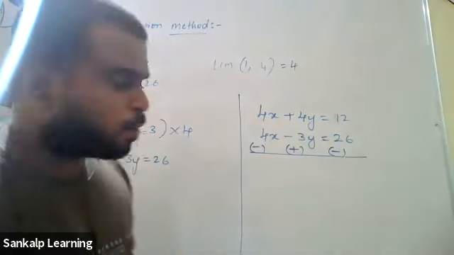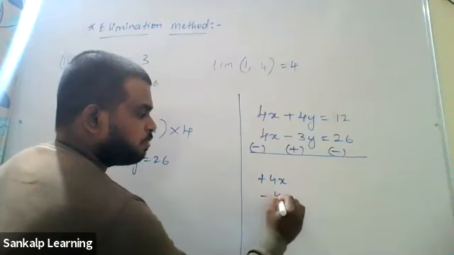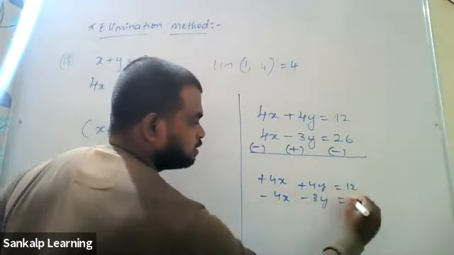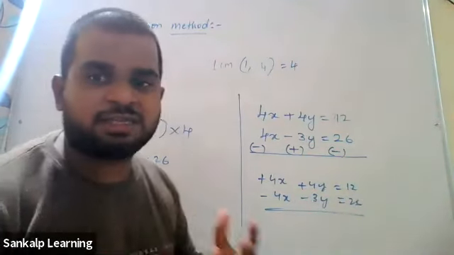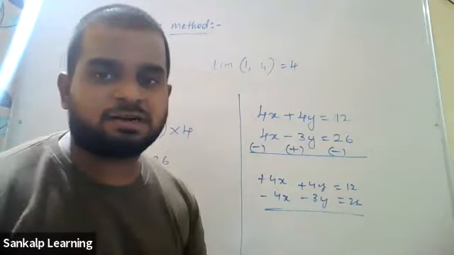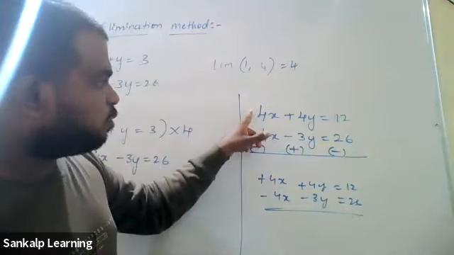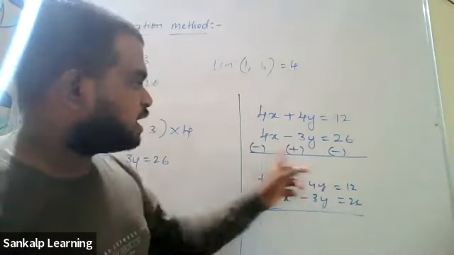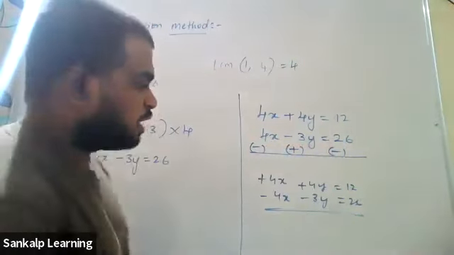But if they've got opposite signs, for example, like this, plus 4x, minus 4x. Okay, let me write it fast. If they've got it like this, why am I changing the sign? Very simple. You have to subtract it, right? When will you subtract it? Opposite signs. But in the same sign, here plus, here plus, you can't subtract it. So to subtract it, you're going to change the sign. You cannot change only for this. You have to change throughout. So that is what I have done.